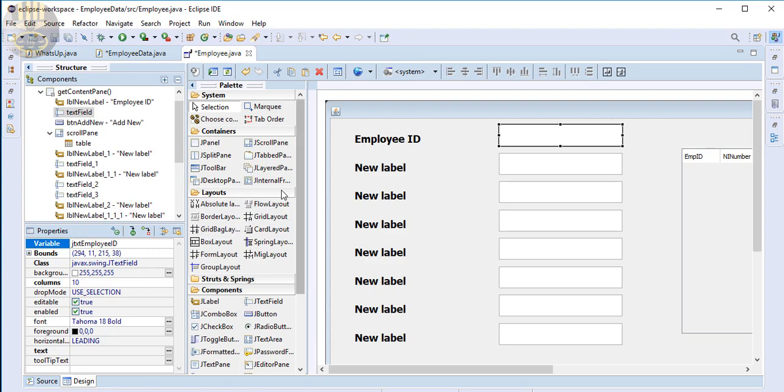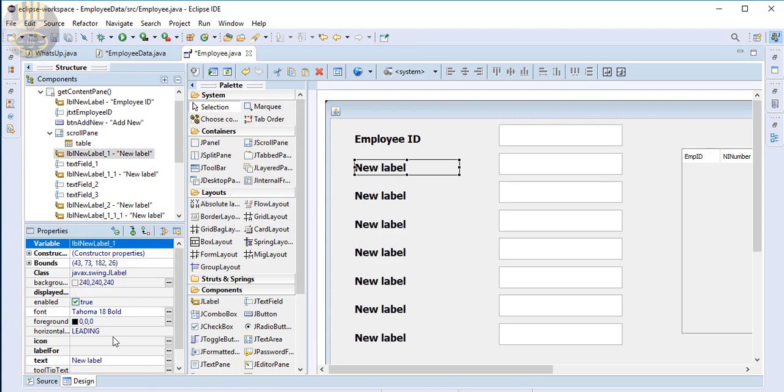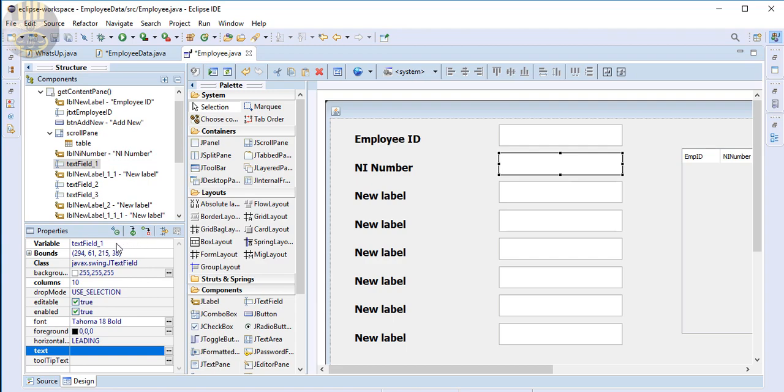That's it. Now the next one, change this one to NINumber. Change the text box to JTXT NINumber,